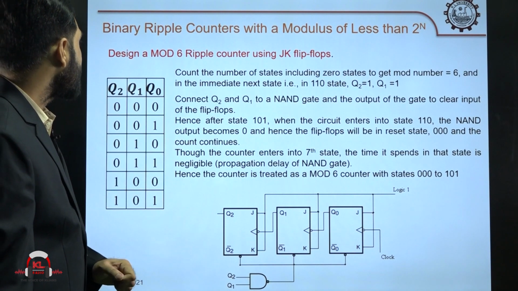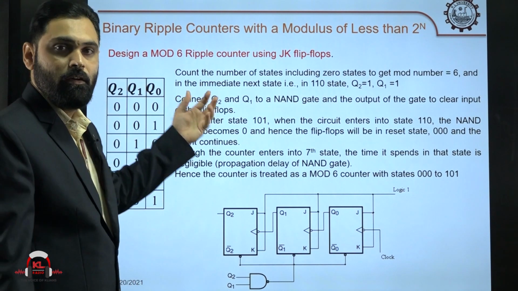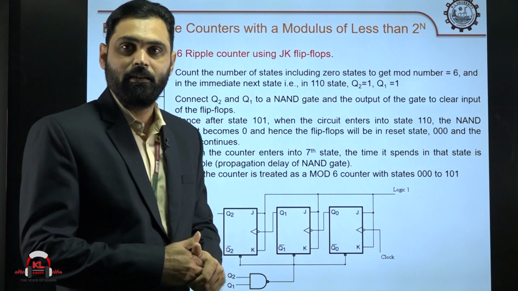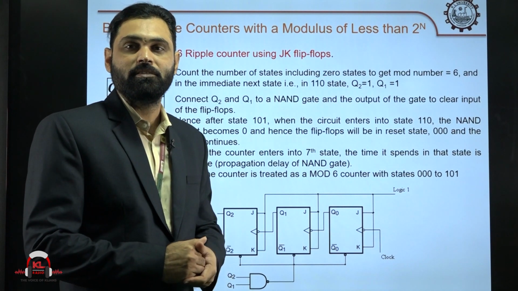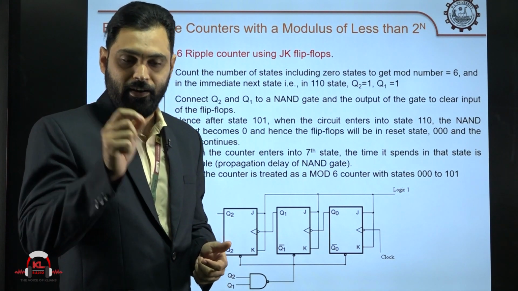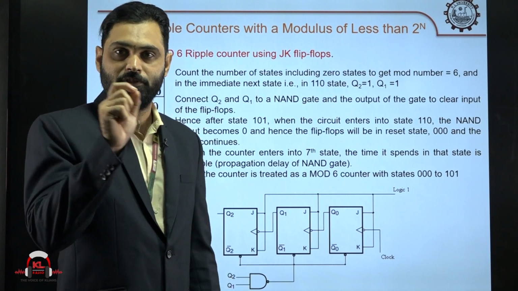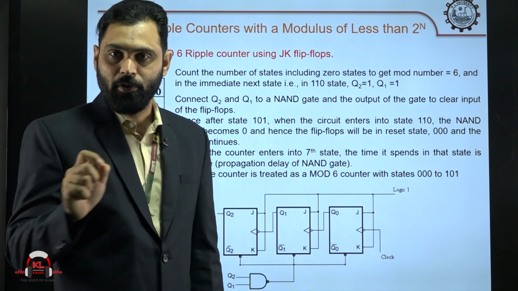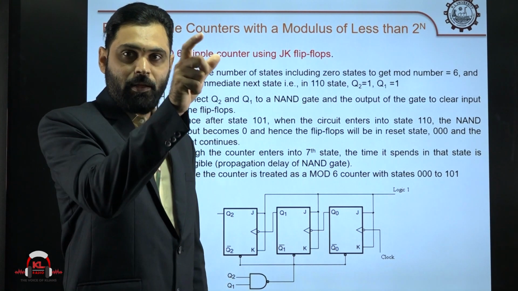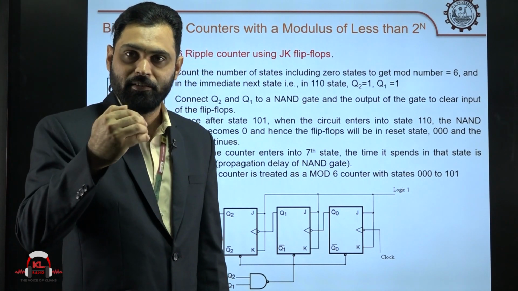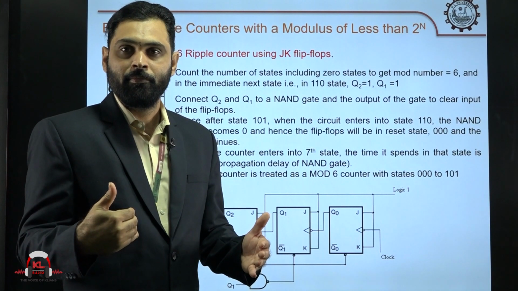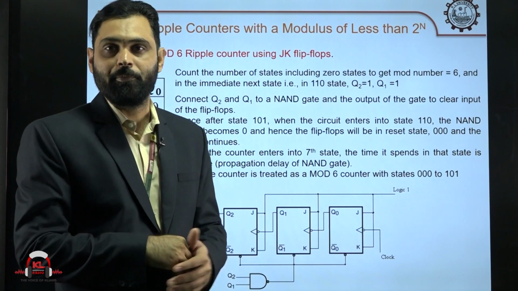Whenever you want to design a counter, suppose you want to design a 3-bit counter. A 3-bit counter starts with 0 0 0 and ends with 1 1 1. If you design a 4-bit counter, it starts with 0 0 0 0 and ends with 1 1 1 1. So, it starts at a minimum value and every time increments up to the maximum value, and after that again the same sequence will repeat.